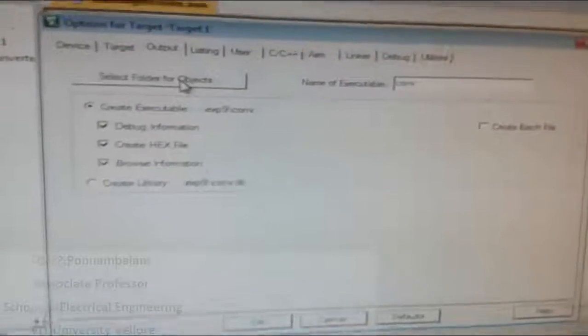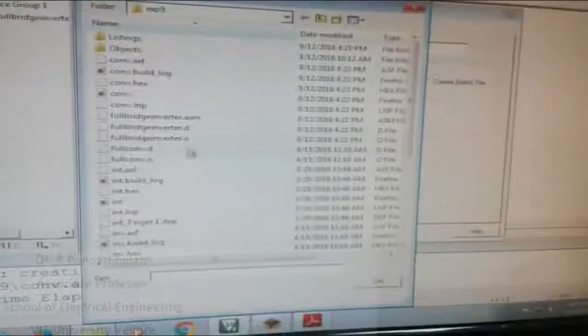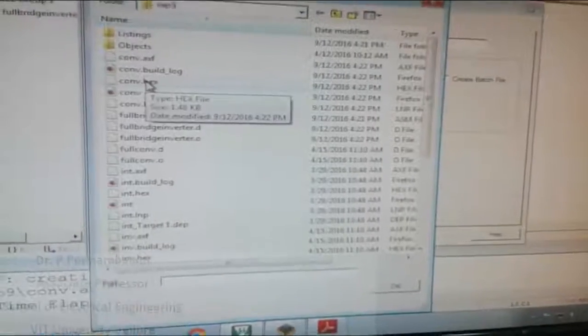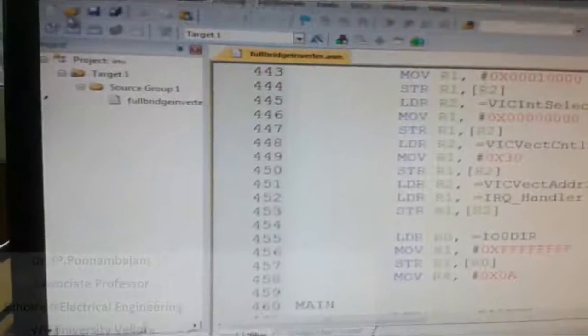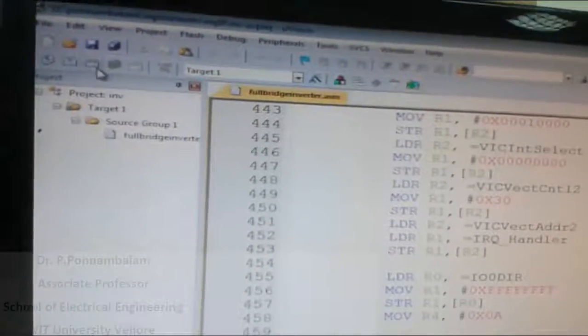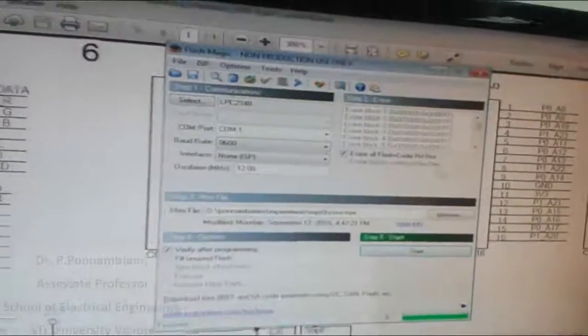You can navigate and check where it is saved using the select folder for objects button. There you can see conv.hex has been created, since I have already done translate, build and rebuild. Now I am going to do the translate, build and rebuild, and the file conv.hex has been created. That file I am going to dump.